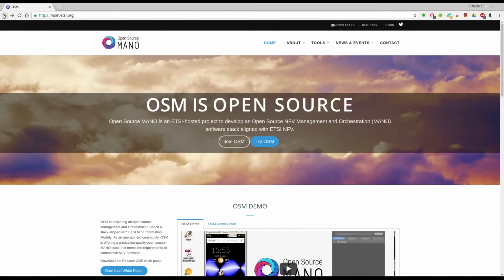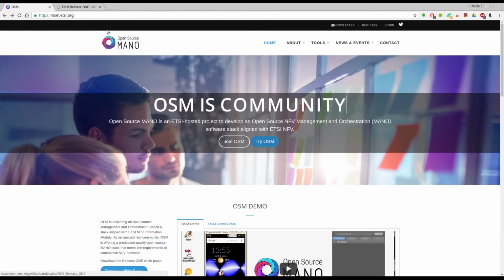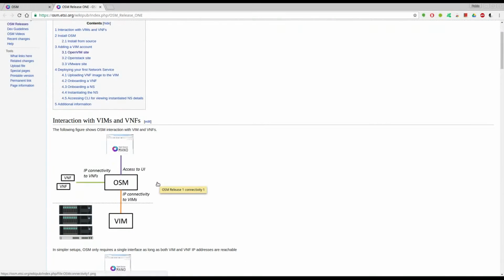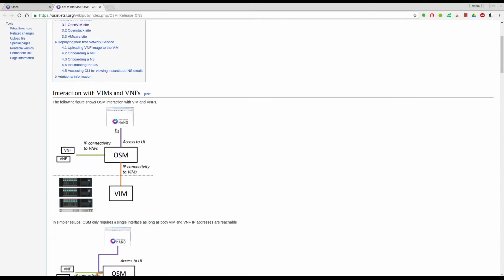Okay. And now let's give a try to OSM Release 1. Okay, this is opening as the wiki. And here we have a schema explaining how OSM is connected. In this schema, we see that we are using one interface to access the user interface. A second interface is the one that provides connectivity to the VNFs, and a third one is the one that